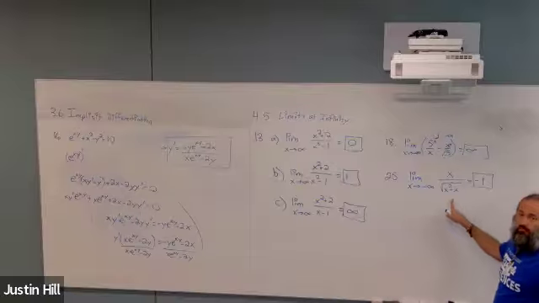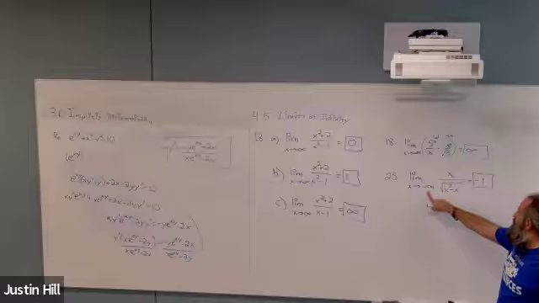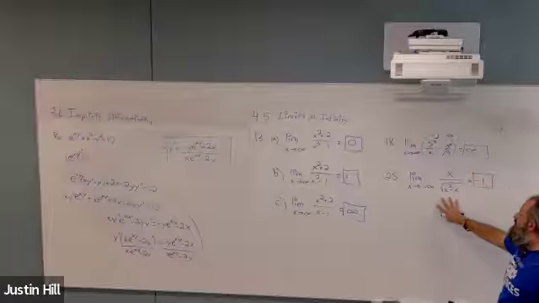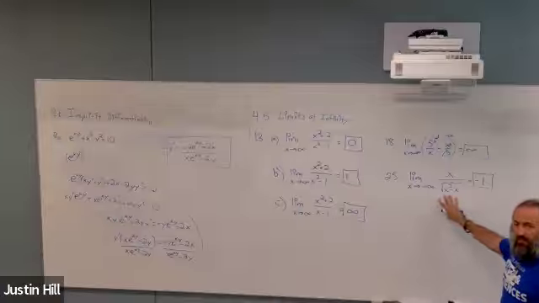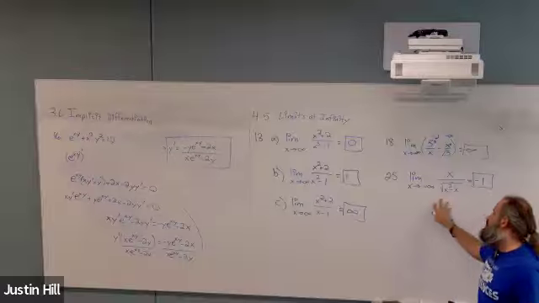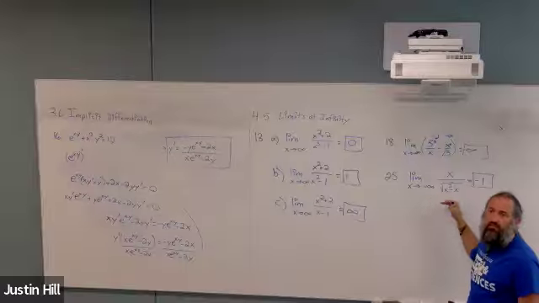But if these were positive, if this was limit as x approaches infinity, it would be positive over positive, so it'd be positive. So the interesting thing about this graph, if you actually graph this out in a calculator, again, not a classical rational function, but the look of it would be similar to a rational function,